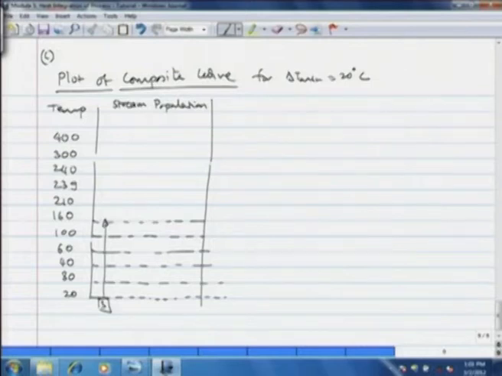So here what we do is that first we calculate the cumulative enthalpy of the hot streams and the cold stream, that is the composite curve. Okay. So here again we make a temperature stream population diagram. The highest temperature is 400, then 300, then 240, 239. So we basically list all the temperatures in the process in the decreasing order, and then we plot the streams in that particular temperature interval. So let us start with the cold streams first.